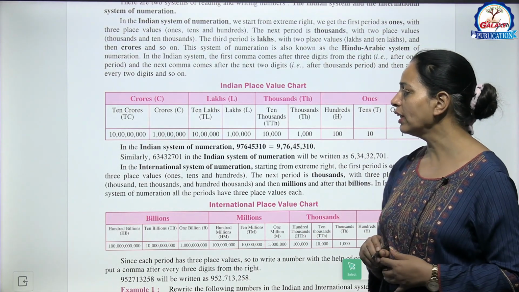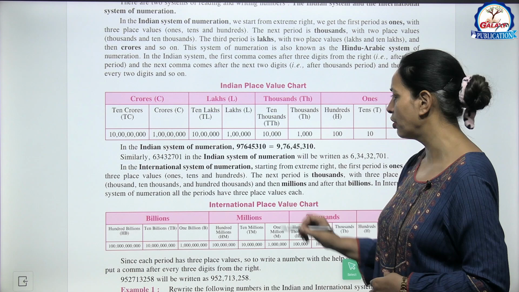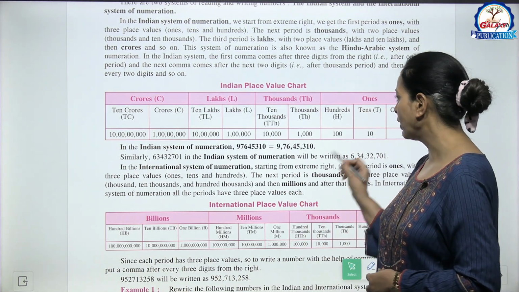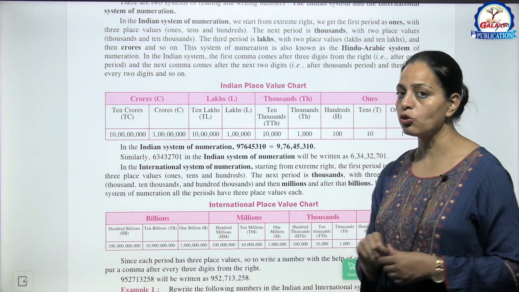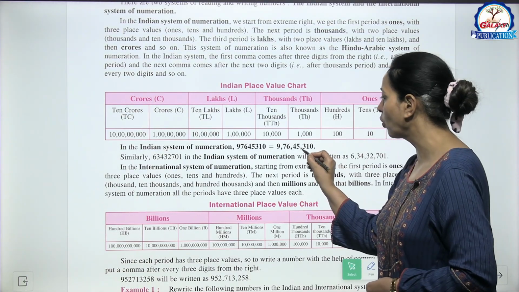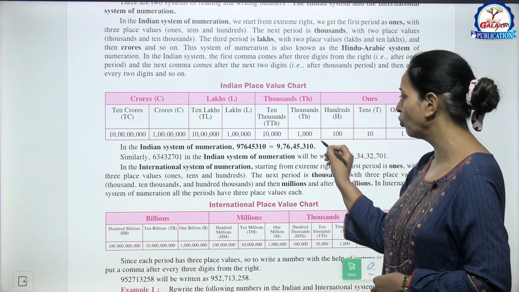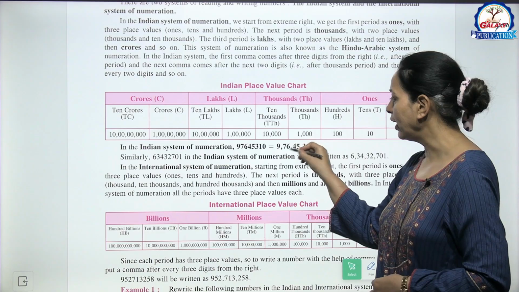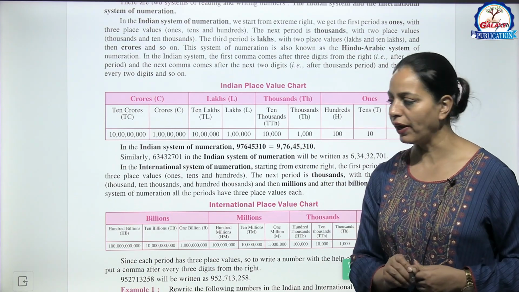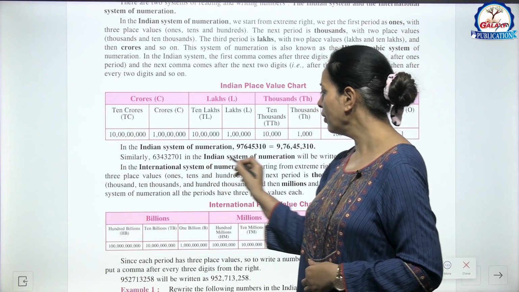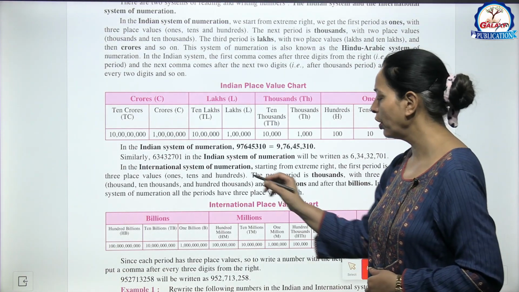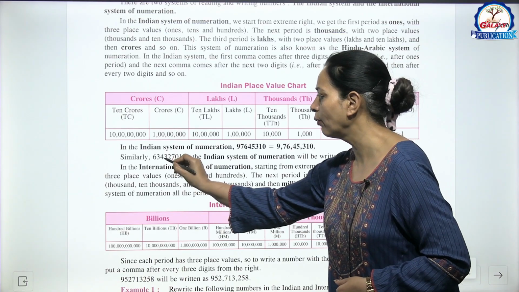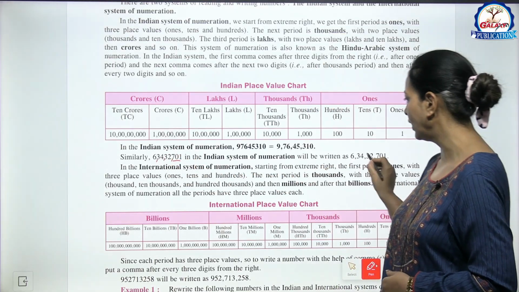Now in the Indian system of numeration, if a number is given, put the commas. तो आपने क्या करना है, once you have the ones period, put the comma over here, before 3 digits, then take 2 digits, put the comma, then take 2 digits, put the comma. Similarly in this number, how to put the commas over here, like this.